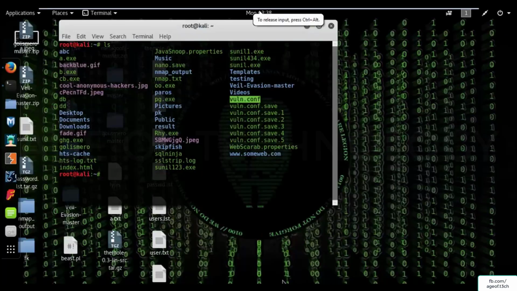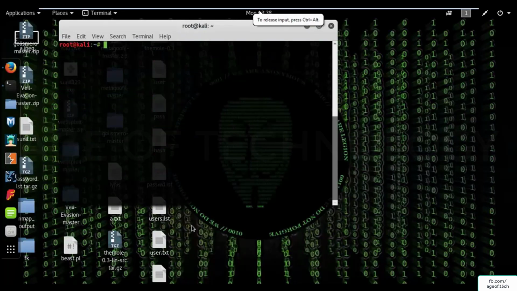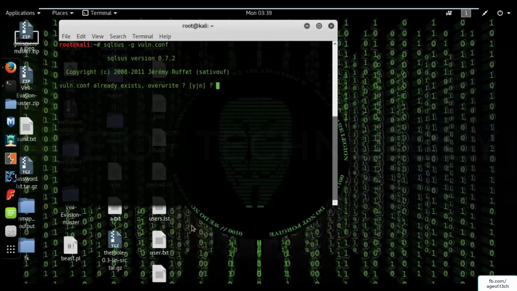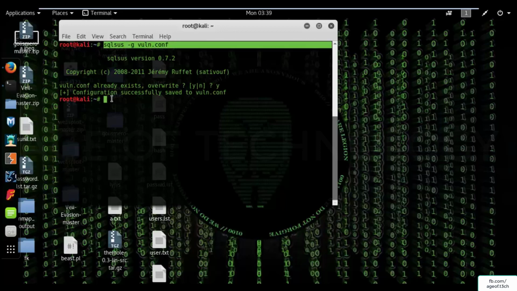but before that you have to type some important command, clear it, then type SQLSus -g vuln.conf. Well, vuln.conf already exists. Overwrite, yes, I want to overwrite. That's it. The configuration successfully saved to vuln.conf. This is the first command you have to put in your terminal. Then